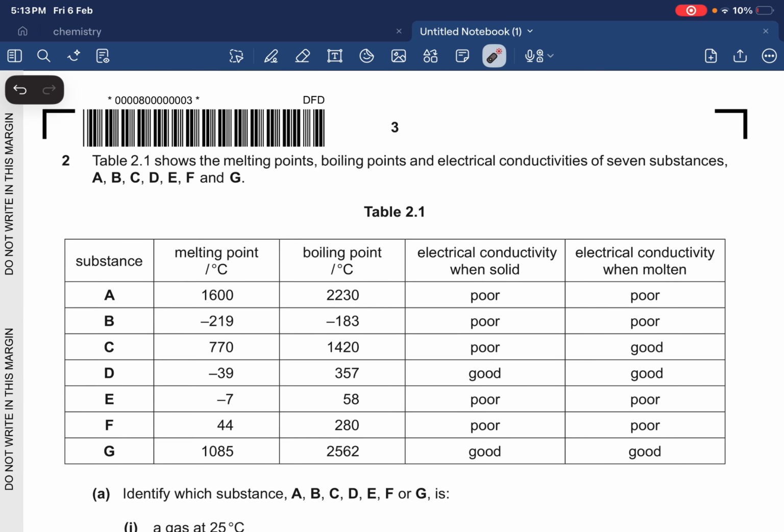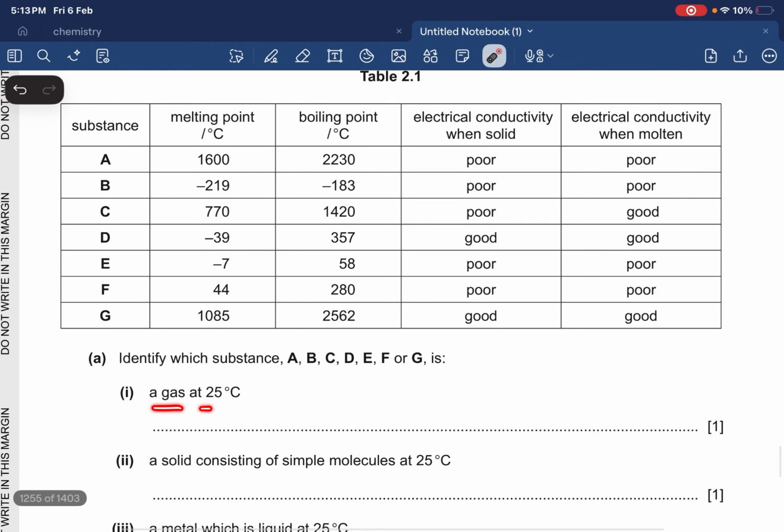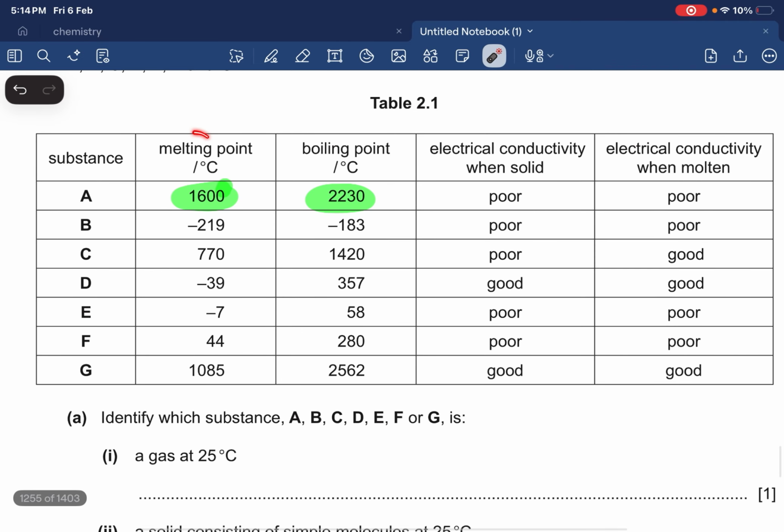Next we have a table 2.1 which shows the melting points, boiling points and electrical conductivities of 7 substances A, B, C, D, E, F, G. Identify which substance is a gas at 25 degrees Celsius. So first we have to identify which is going to be a gas at 25. Firstly, if we talk about substance A, you can see the melting point of substance A is